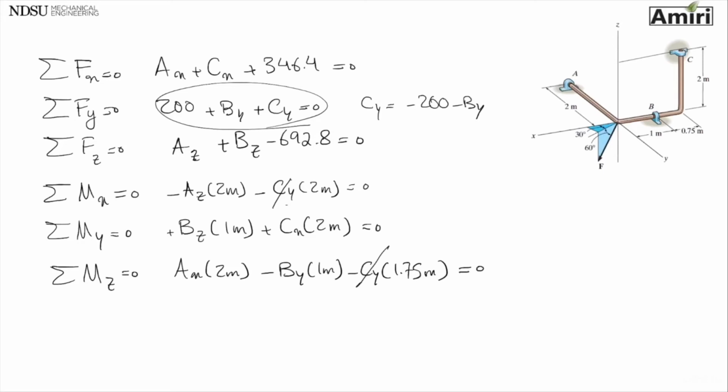The other thing is you can replace AX by CX. So you gotta just kind of substitute and get rid of variables until you have 3 equations, 3 unknowns,